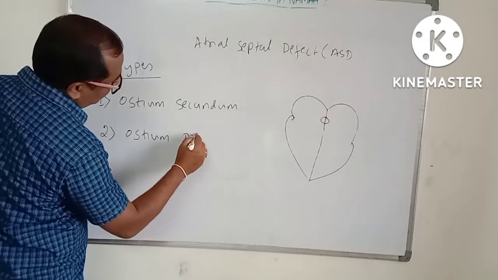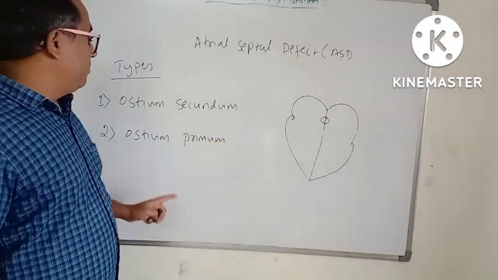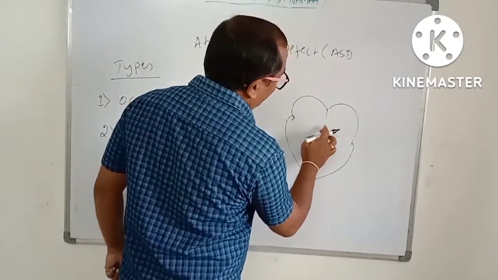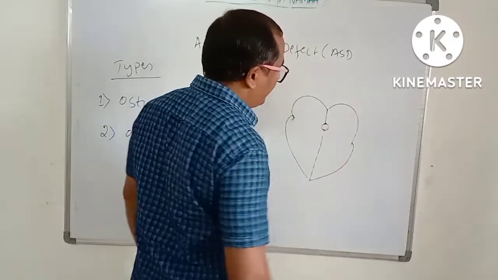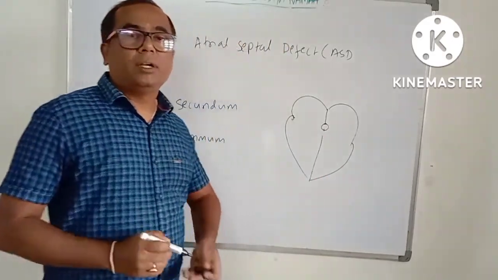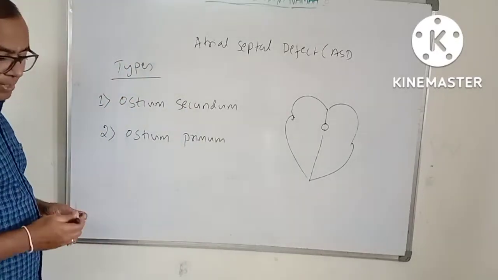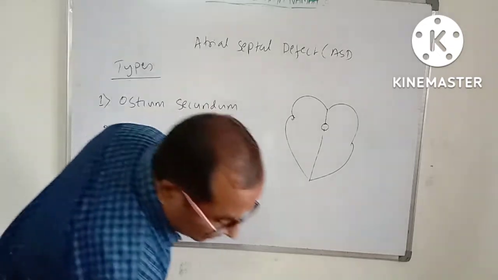Ostium primum. You can call it an ostium primum when the defect or the opening is present on the lower border of the interatrial septum. Then we can call it an ostium primum. One more is there, that is